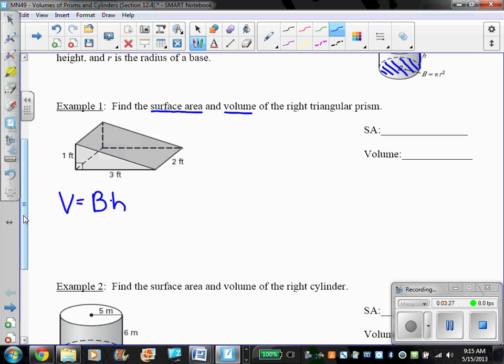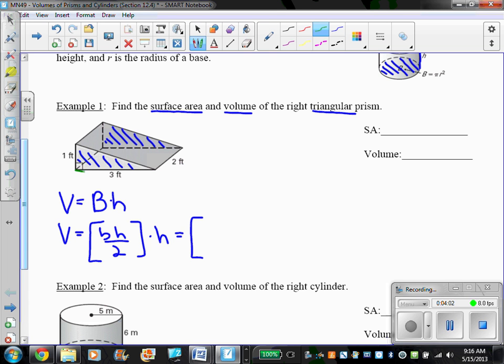Now we've talked a lot about bases in general, and this is a triangular prism, which means the triangle is your base. And remember, the bases are going to be parallel to each other and the same from one side to the other on different planes. So if we find the area of this base, it's going to be a triangle, so it's little base times height divided by 2 times the height of the prism. So the little base, or the base of the triangle,